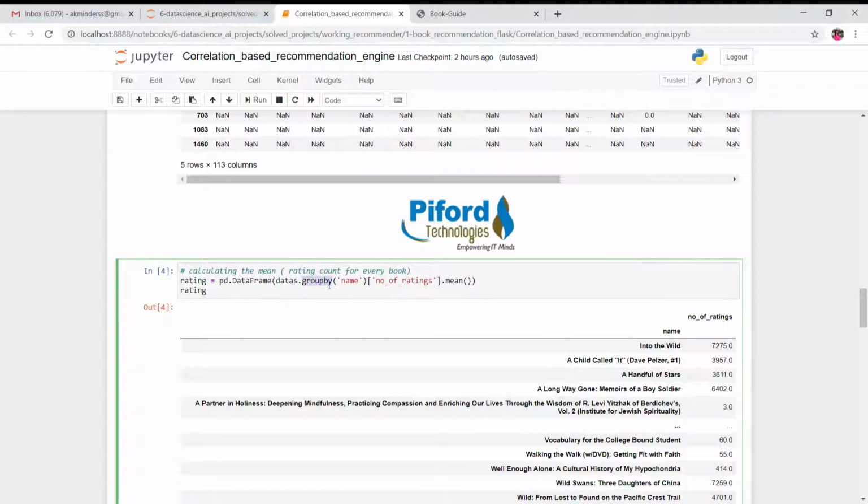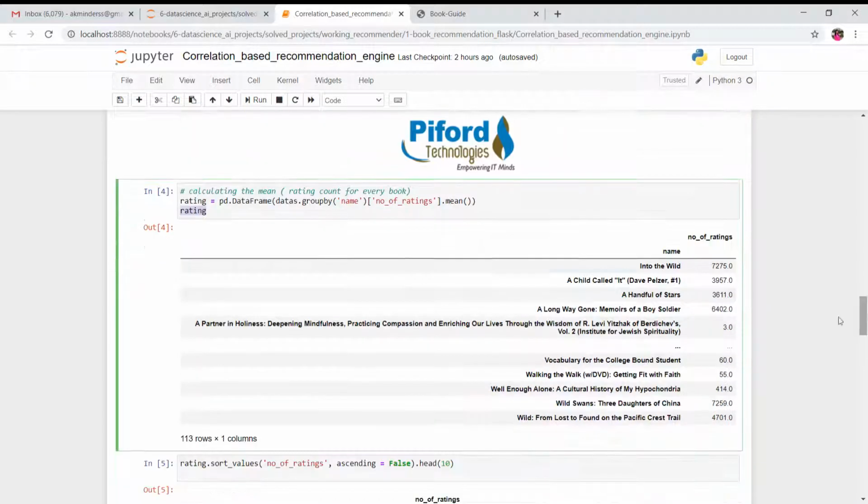Group by, I want to group the data. Which data do I want to group? I want to group the number of ratings on the basis of book names, and then we are calculating the mean of it, and then I'm printing the results. So when I'm printing the results, this is what we are getting.